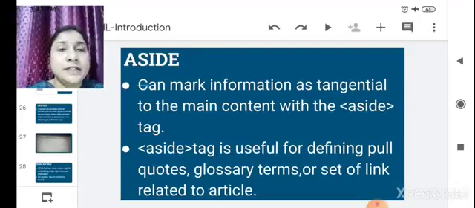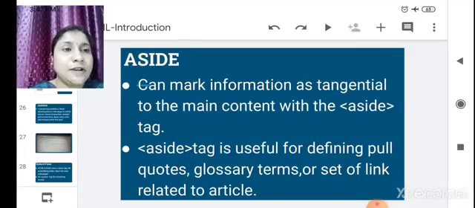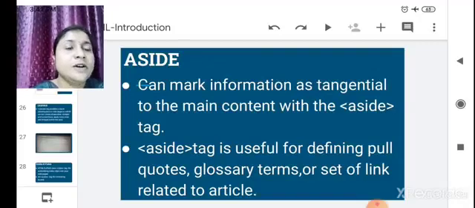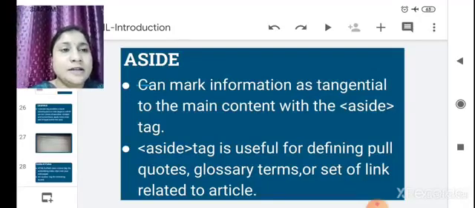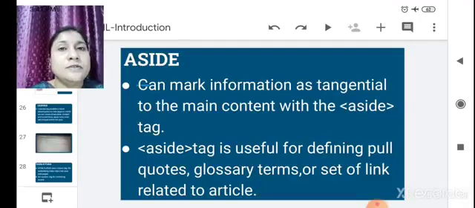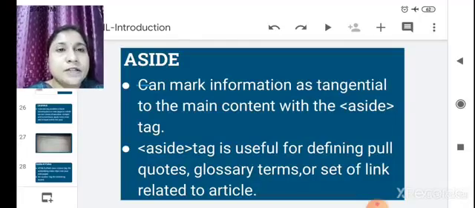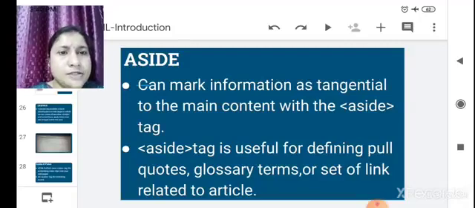The aside tag is useful for defining pull quotes, glossary terms, or a set of links related to the article. So along with the main contents, it will give a set of links related to that article. Pull quotes mean you can get some related words, or a little bit of information about the main contents.